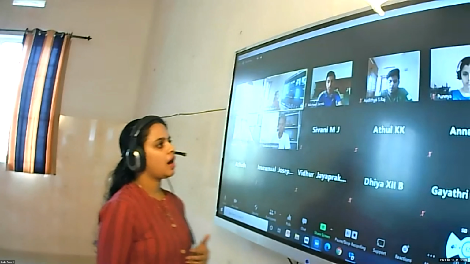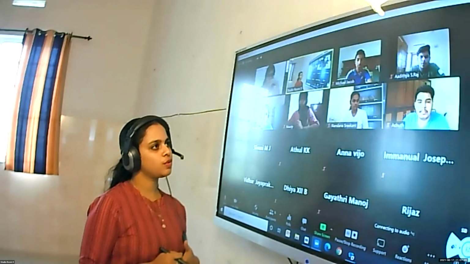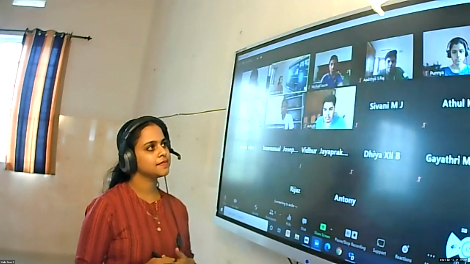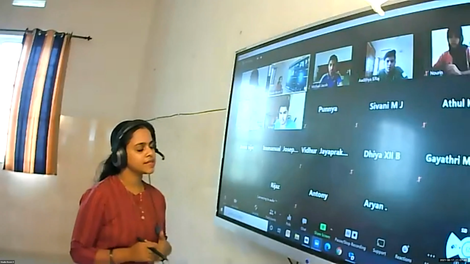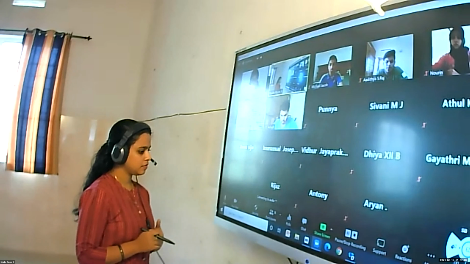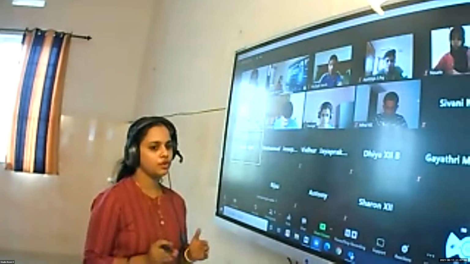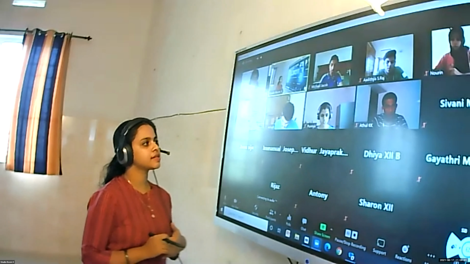All right. Then Aditya, can you define what you mean by Lorentz force? It is the combined force experienced by a charged particle when it is moving in a uniform electric field and magnetic field. All right, good. Anna, what is the equation representing the Lorentz force? F net equals QE plus Q into V cross B. F, the total force or the net force, is equal to QE plus Q into V cross B.